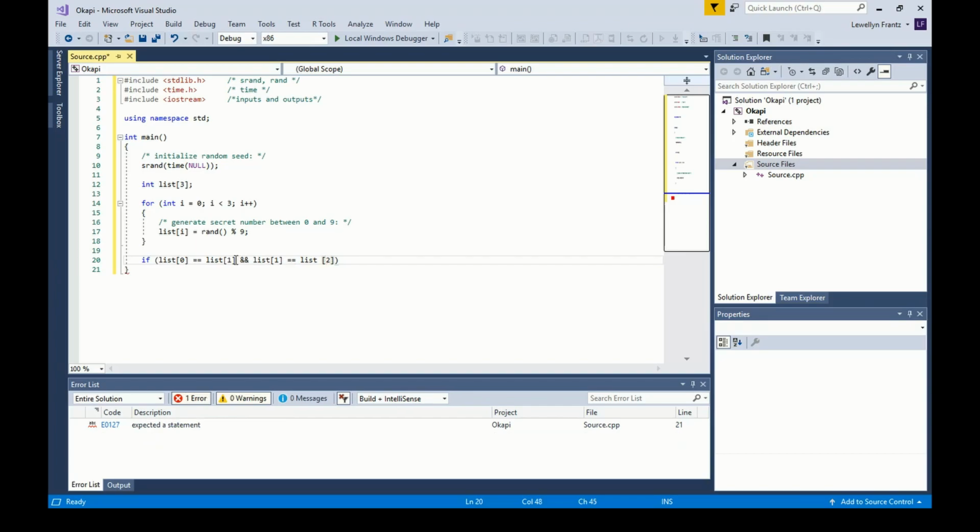Alright, so if the first item on the list matches the second item and the second item matches the third, then they are all the same number. Then